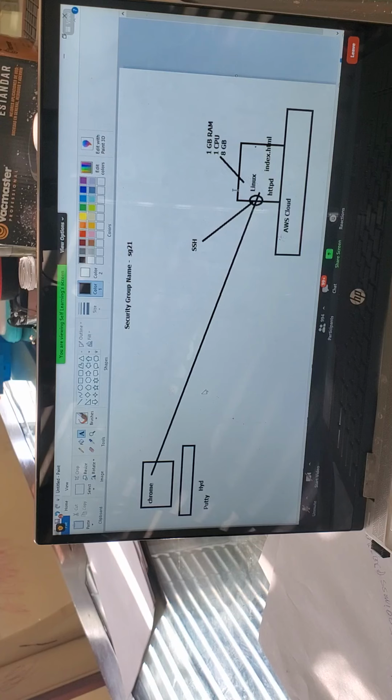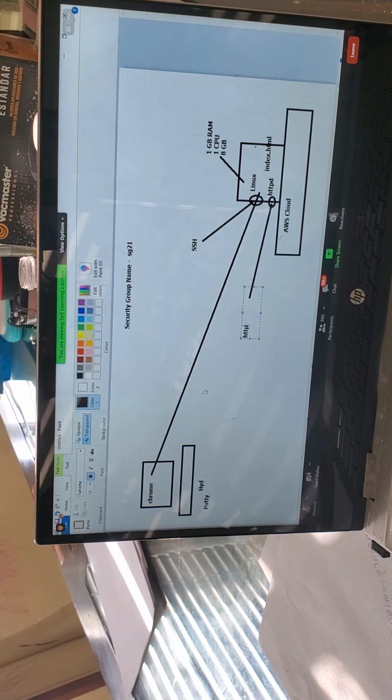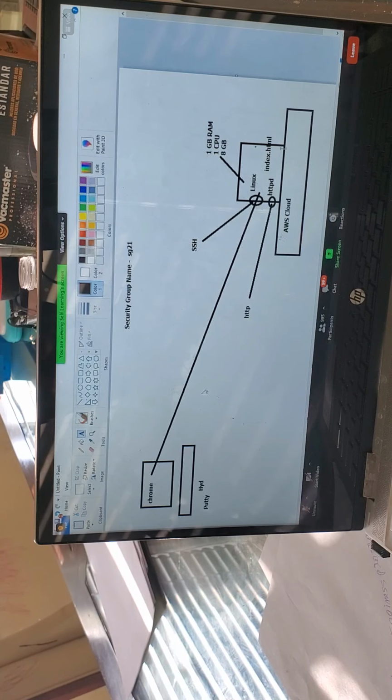The browser will communicate using what port? The HTTP port. Which port have you opened? The SSH port. The browser does not use the SSH port. You should open one more port. What port do you need to open? Friends, the browser always communicates using the HTTP port. Did you open the HTTP port in the web server? No, you have not done that.